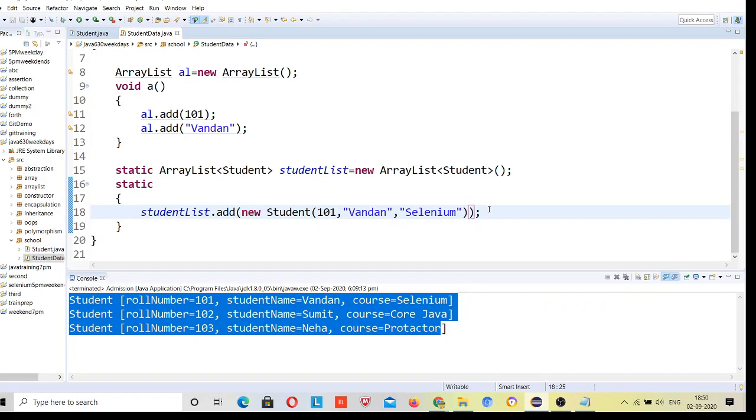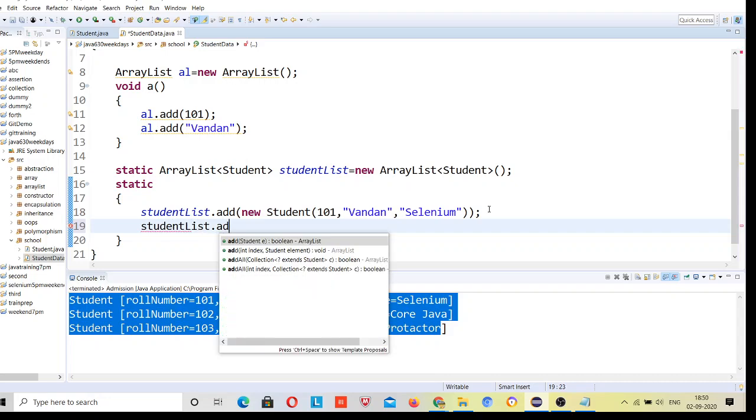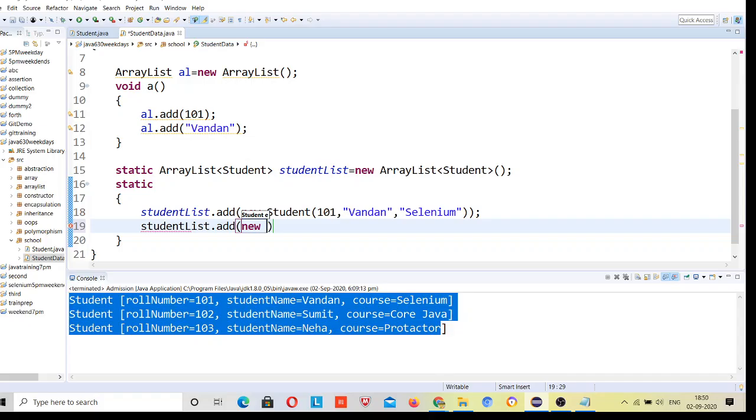Okay, suppose I want one more: student list dot add new student, 102, Sumit, core Java, right?